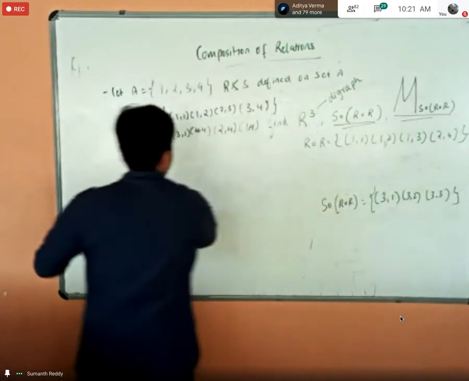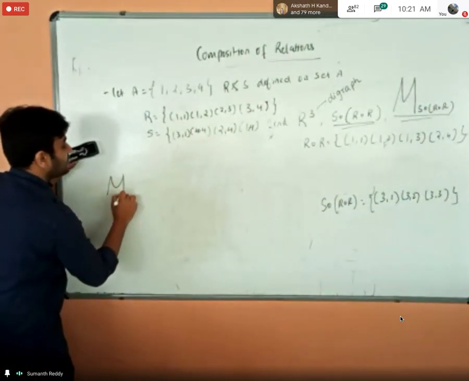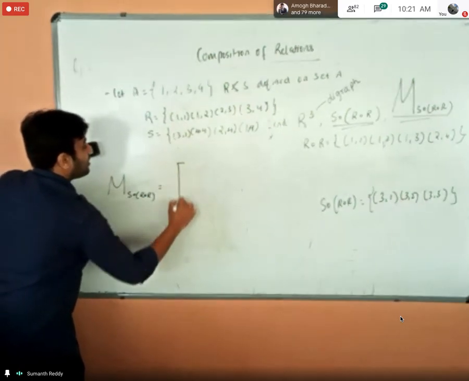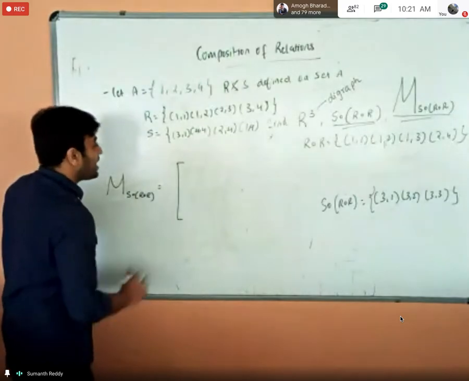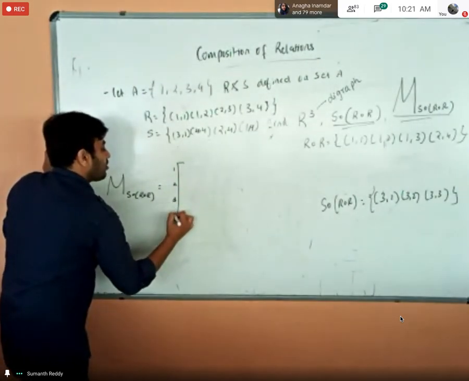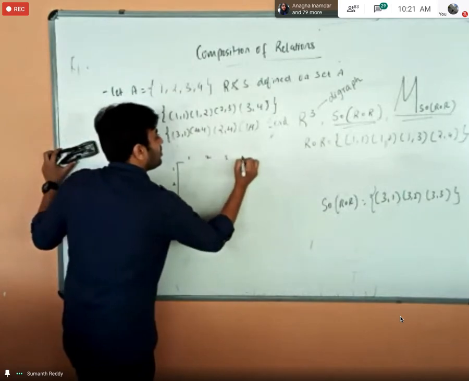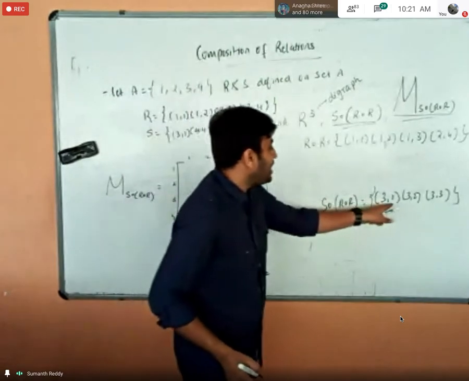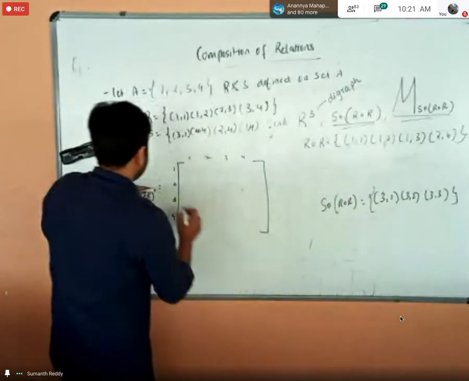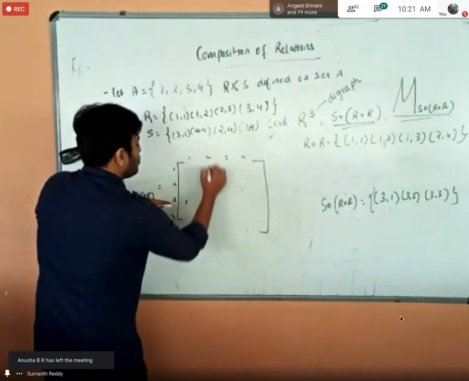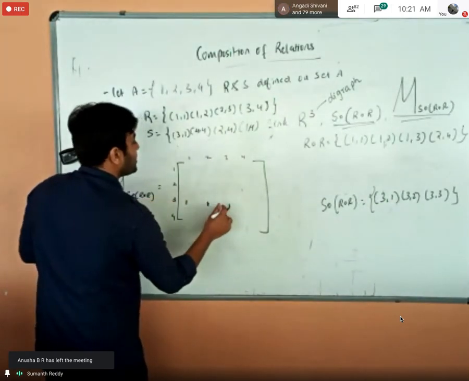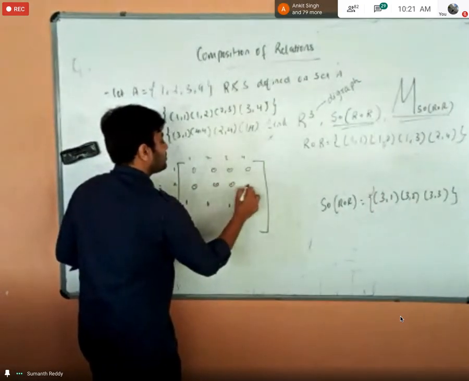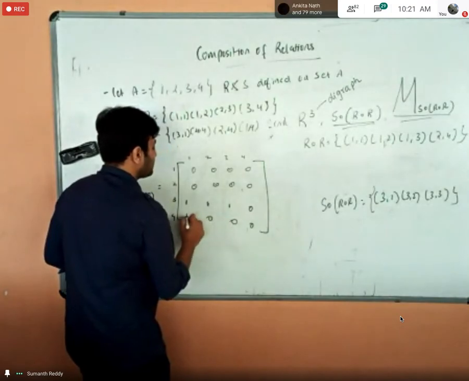So you have to represent the relation S composition of R in the form of a matrix, and you already know about the matrix. Since it is a binary relation, the row elements and column elements will both be the elements of set A. You have the relation between 3 and 1, 3 and 2, and 3 and 3. If the relation is there, you will write 1. Otherwise, you will just write zeros. I think you already know that, right? And that is the reason it is called a 0, 1 matrix.